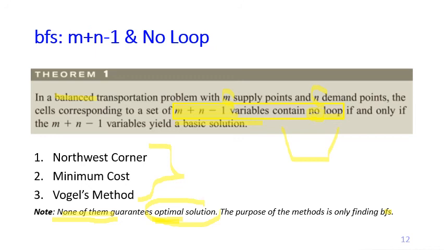Okay, let me emphasize once more that these 3 methods only help us find a BFS. They never guarantee an optimal solution. Okay, so in the next video we will start looking at the first method, which is called the northwest corner method. So see you on the next one, and